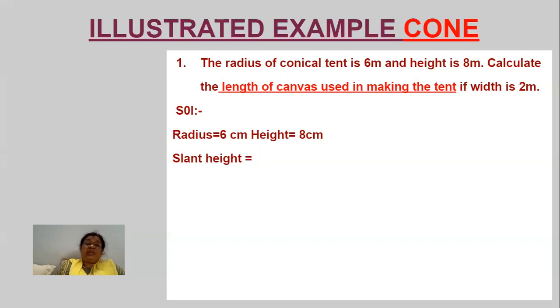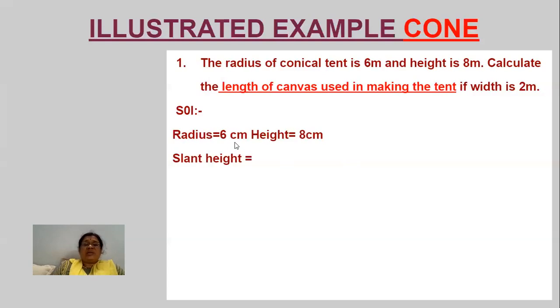So you have to prepare the conical tent, no? So you have to make that tent, no? For that you have to take the LSA, isn't it? Lateral surface area of the cone, because the tent will be on a curved surface only. The base you don't prepare, one carpet will be there, so the tent is kept on the carpet. Therefore you have to consider only lateral surface area in this problem.